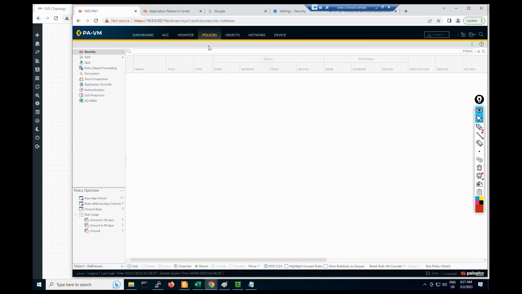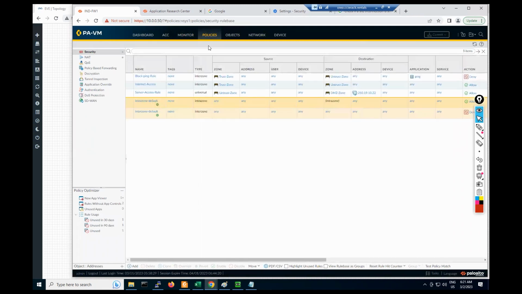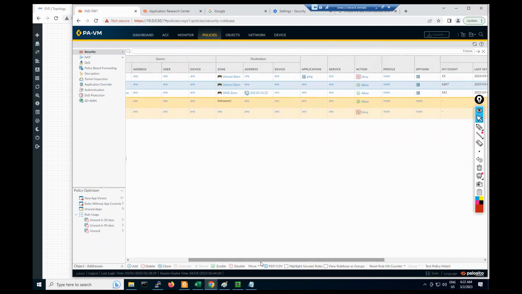So guys, second thing. Suppose that you don't know which applications are used in your environment, right? And which applications you have now. Okay, so in that case, guys, how do we allow our applications? Here we will create a rule simply like this. We have this internet access rule, right? In this rule, guys, what we did, we allowed all the traffic, right? So automatically here,